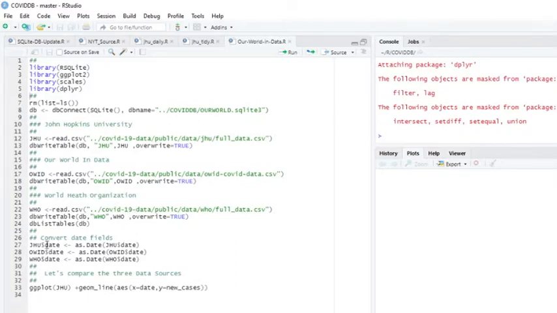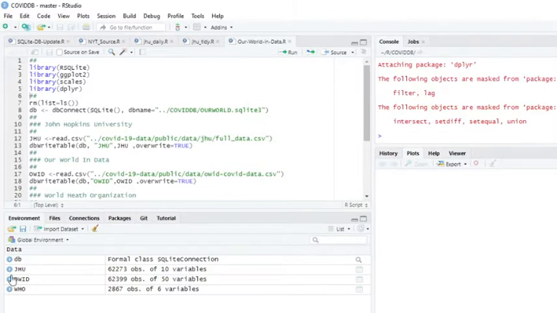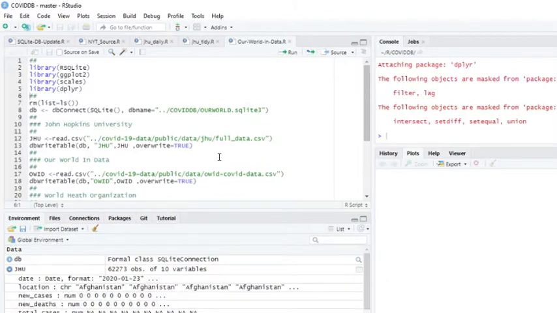Now I'm coming down here and I'm converting the date fields from a character to a date. Now I'm trying to come down here and actually plot this information. Let's see what we got here. You can see new cases, new deaths.